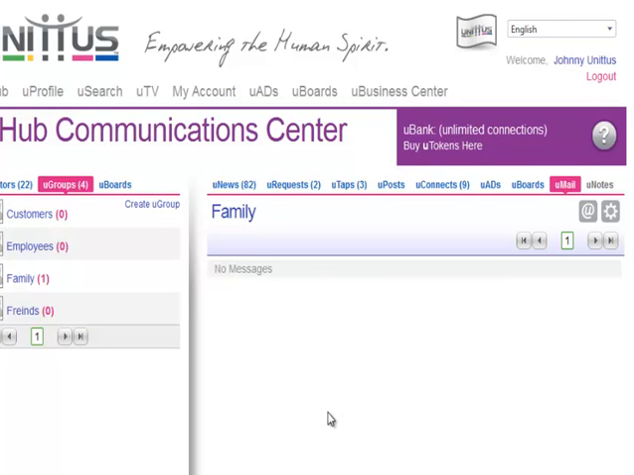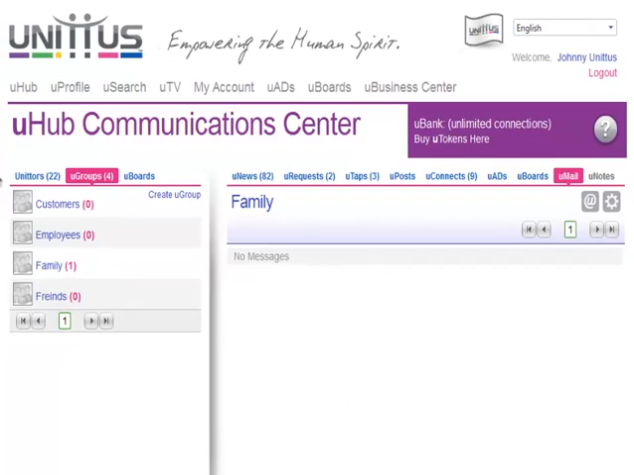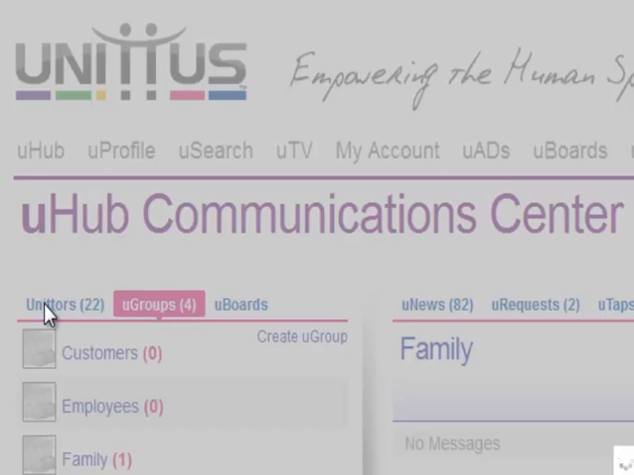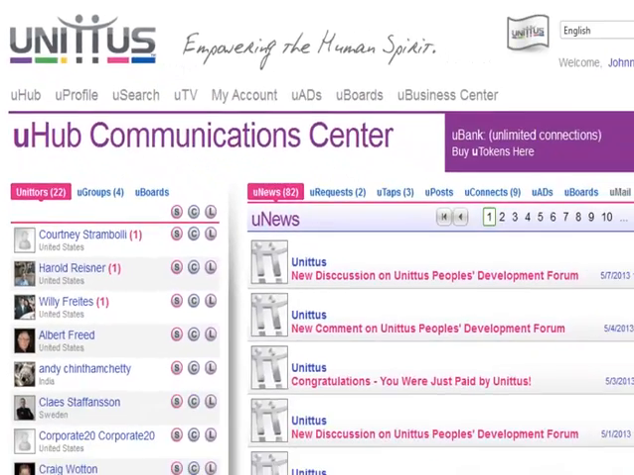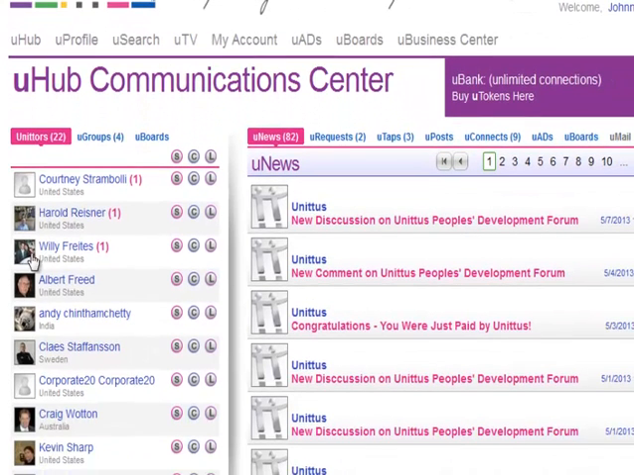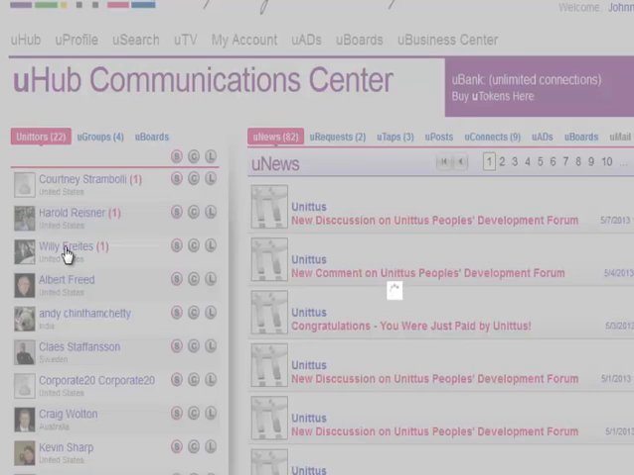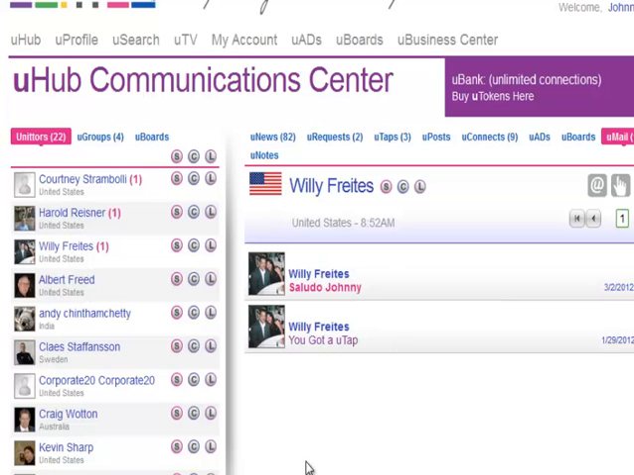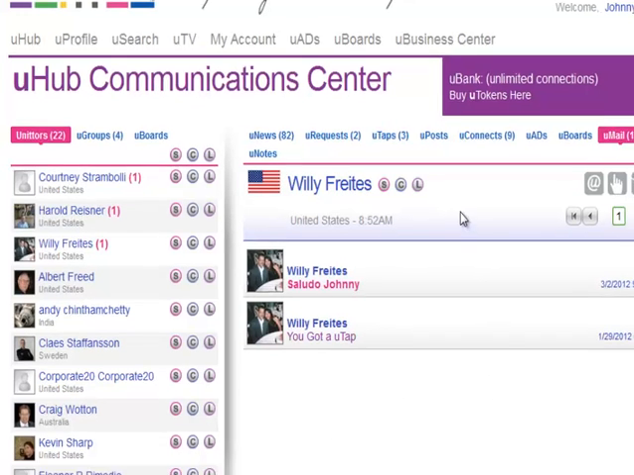So let's add a few people to our uGroups. We simply would go back to your uniter list. These are your people that you've made connections to. And if you have an individual that you want to add to one of your groups, you simply highlight their name, go to their management folder that you have with them,